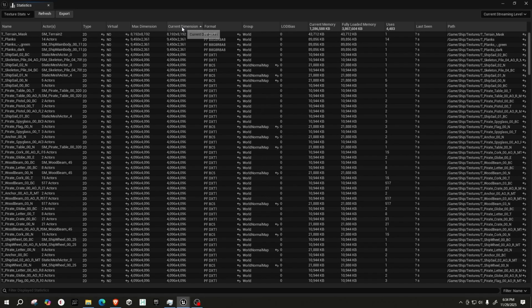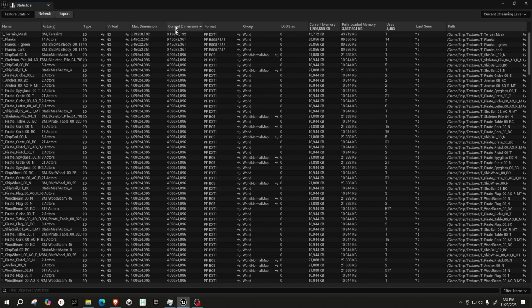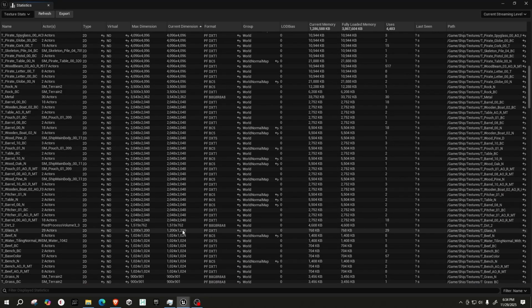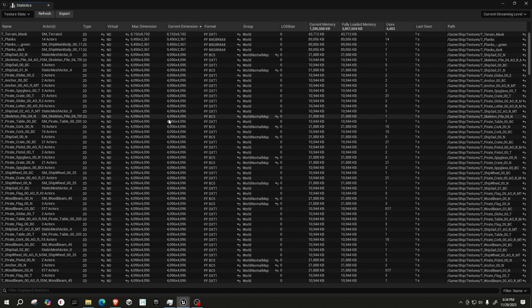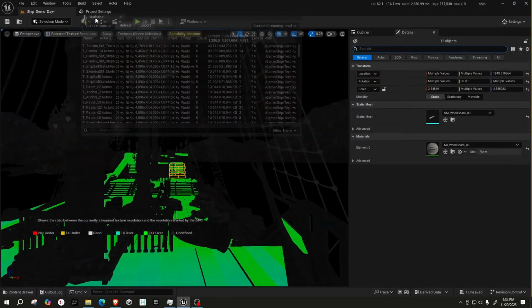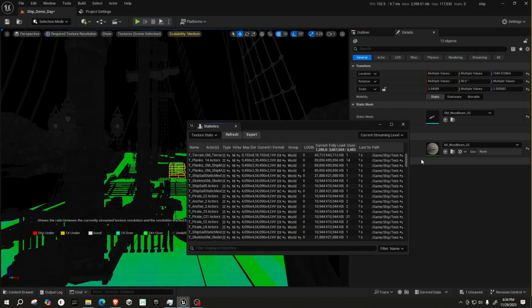So you can use this and sort it in order. A lot of 4K textures are being used in this scene, which needs to be looked into. And there are some textures which are not in the power of 2, so these we need to consider, okay, because they take up too much memory. Because if they are not in the power of 2, like say if we put it over here,